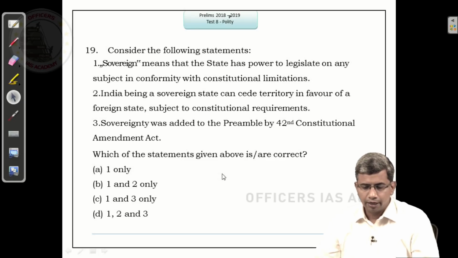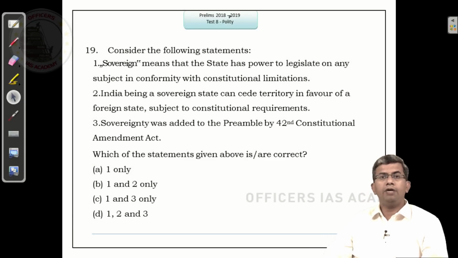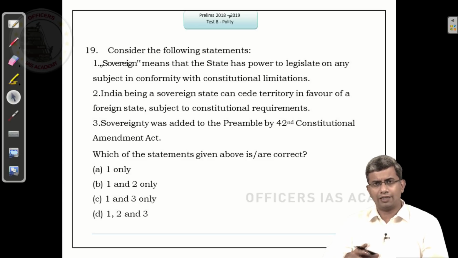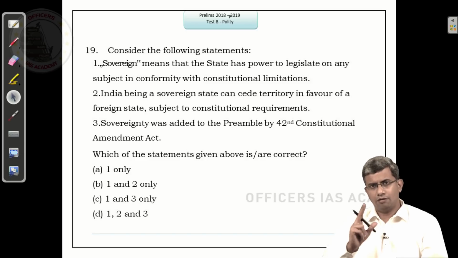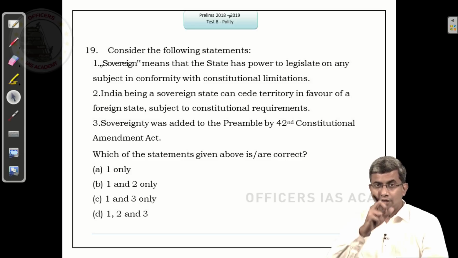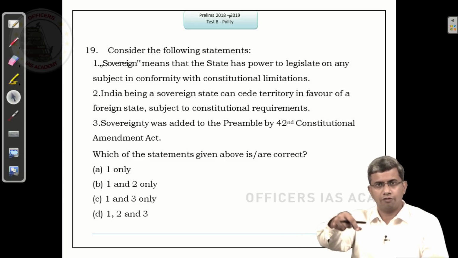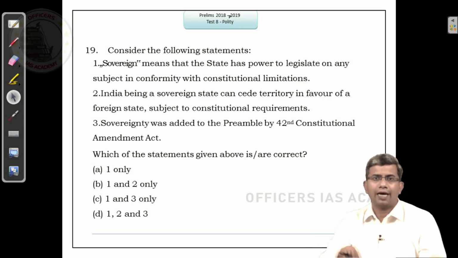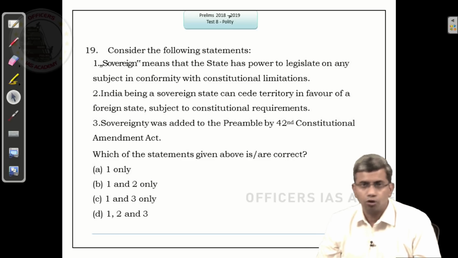Moving on, consider the following statement. Sovereign means the state has power to legislate on any subject. Again guys, I am not going to the actual question line, but have it in mind, you should have already started doing this based on the test discussions we have had in the past. But if you have not started doing it, at least starting from the next test, make it a practice. Consider the following statements, if it comes. Usually UPSC gives this statement in the first line itself. Which of the above statements is correct, or which of the below statements is wrong or incorrect. And here it will usually say choose the correct codes from the options given below. So you will not miss it.